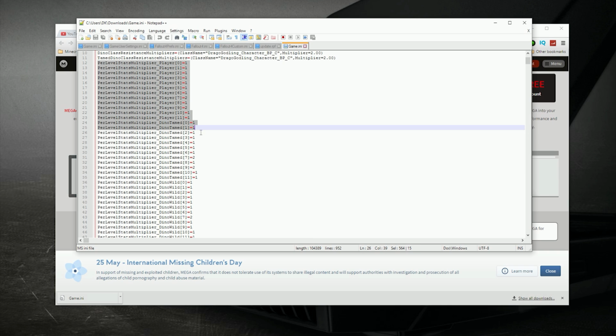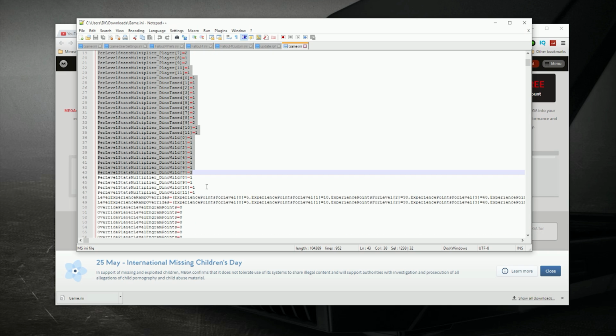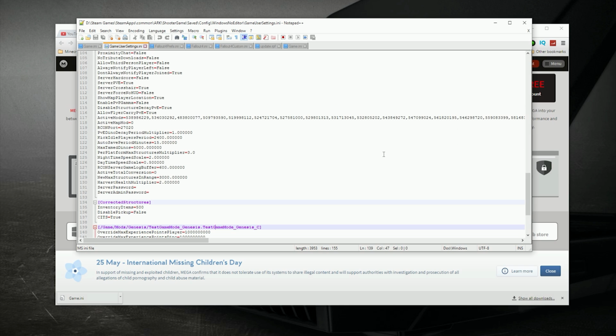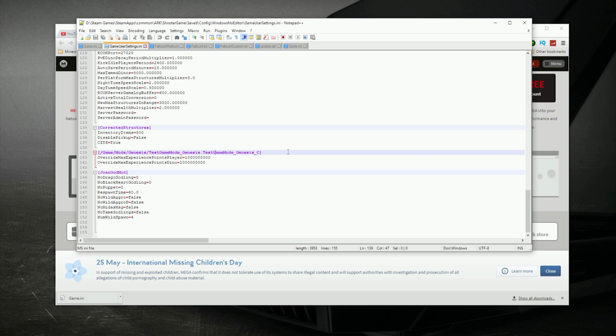This is the custom stats I have. I'll show you how to do this here in a second, but you'll just copy and paste this into your game INI as well. Now, if you want to go to your game user settings, it is useful because certain mods have settings. For example, like Corrected Structures here. If you want to do city in the sky